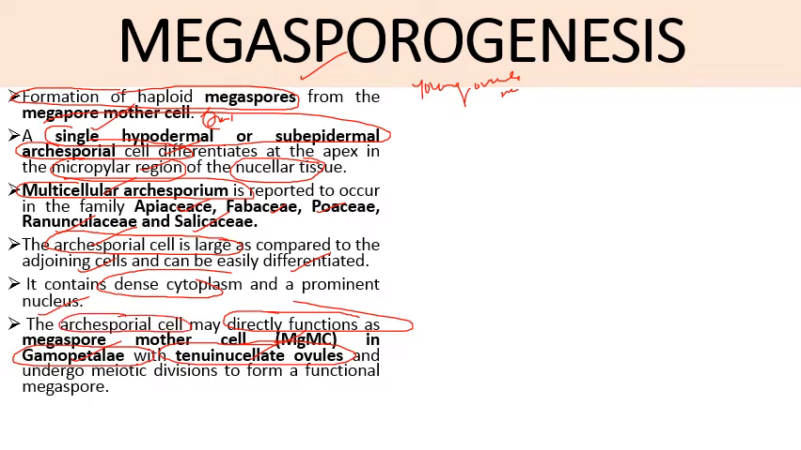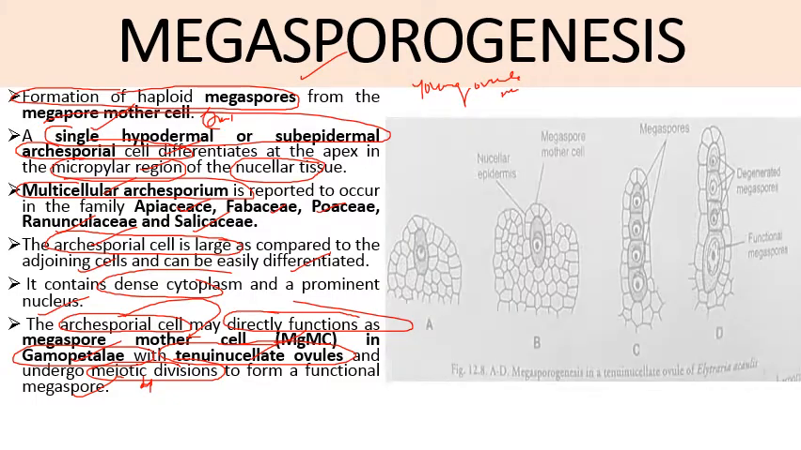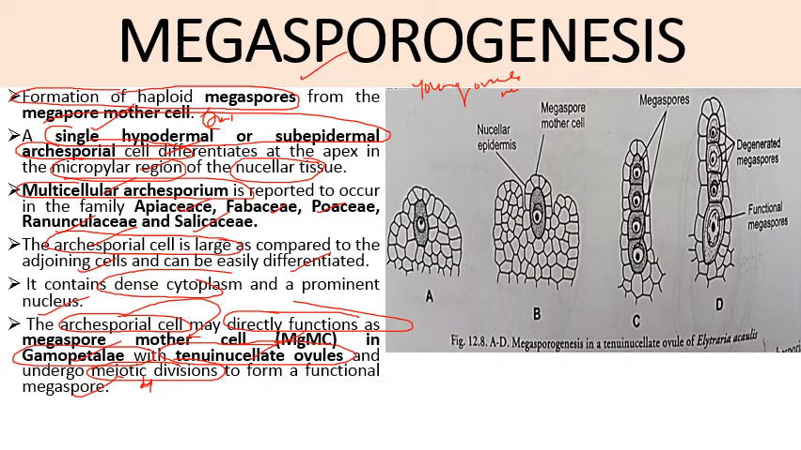So this archisporial cell directly behaves as megaspore mother cell and undergoes the meiotic division, that is reductional division, to form functional megaspores, to form 4 functional megaspores. Out of these 4, only one will survive. So in this case,